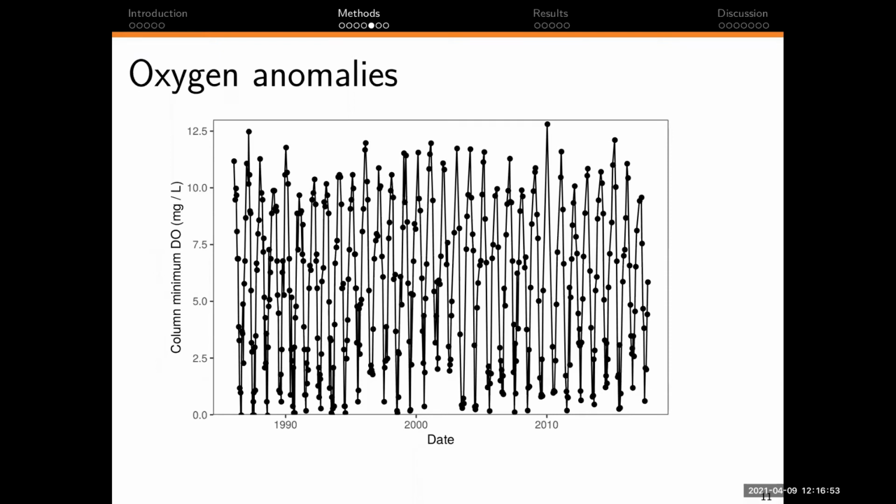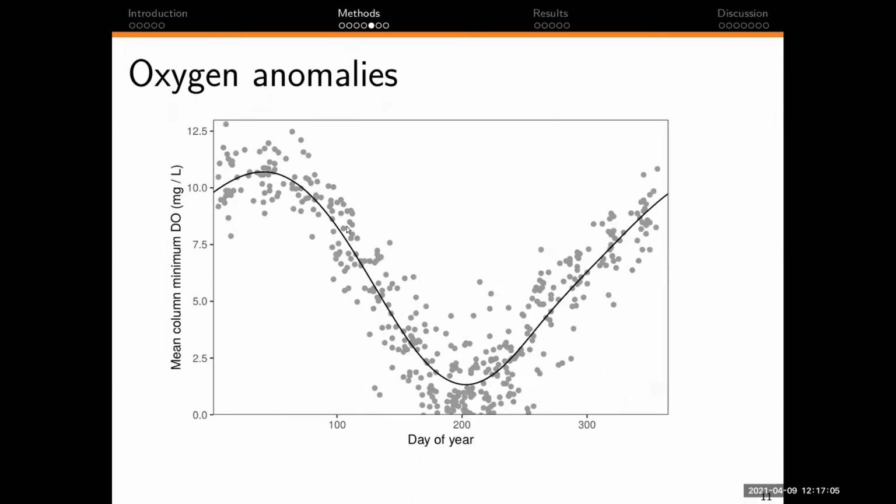So what I've shown here is an example from a station in the lower middle part of the bay. This is the whole time series of dissolved oxygen. Here you can see, as I said, it's low every summer, high every winter, low, high, and so on. So what I do is look at the station data, fit it out by day of year, and then fit